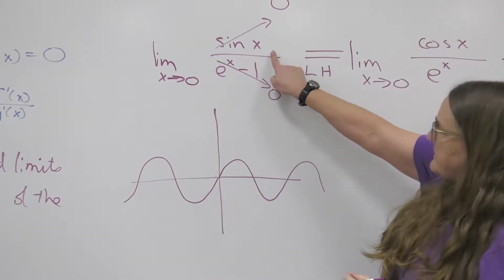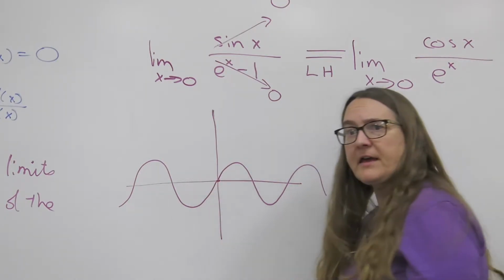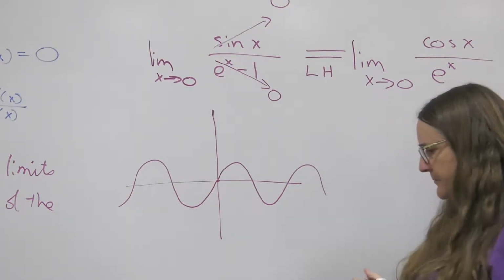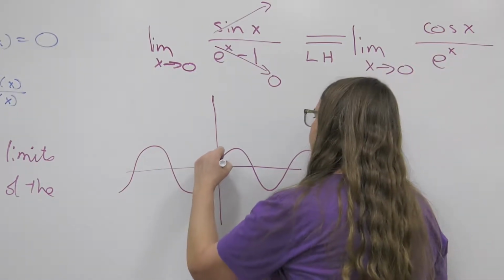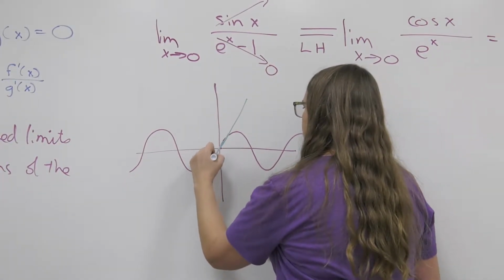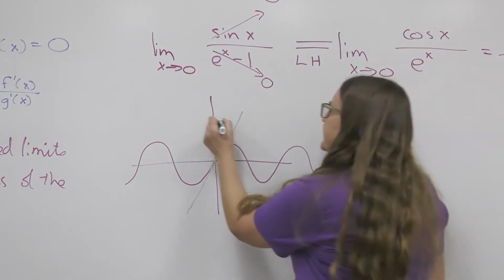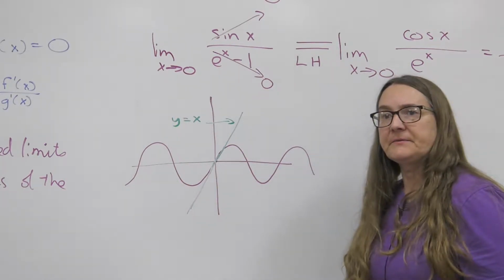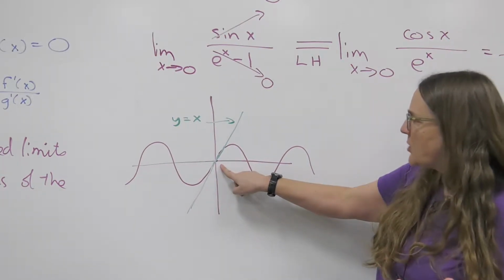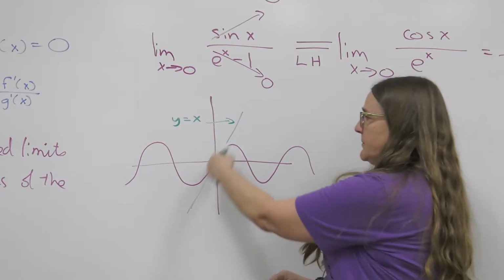So the reason that its limit as we approach 0 is 0 is because that's the function value at 0. That function passes through the origin. If I were to draw in the tangent line at that point, the tangent line at this point is just y equals x. The derivative of sine is cosine. Cosine at 0 is 1, so it's going to be a line of slope 1,